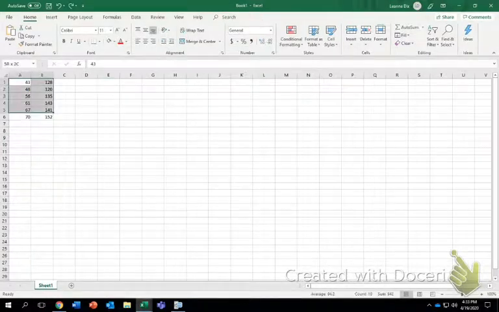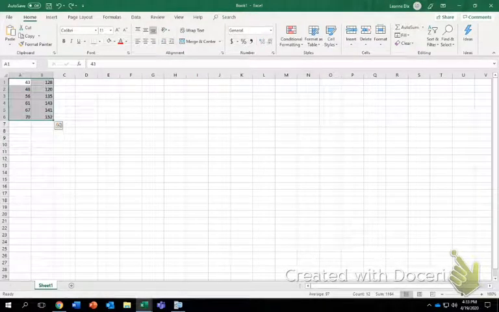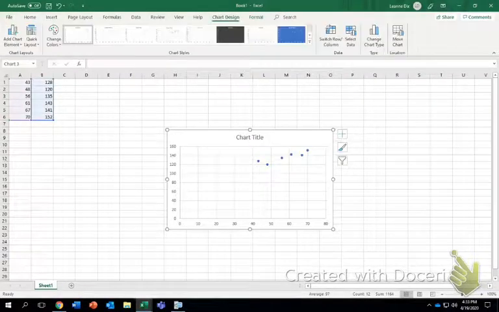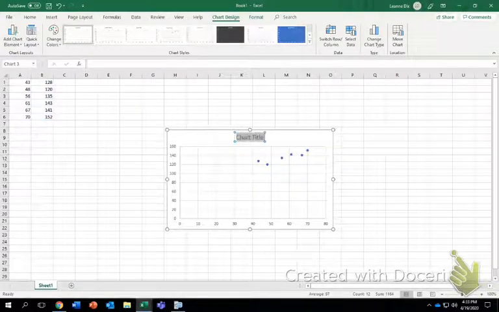I'm going to highlight my information first, and then I'm going to go to Insert and click on a scatter plot. So now we see this. We can change the title if we want. We can say this is awesome scatter plot,